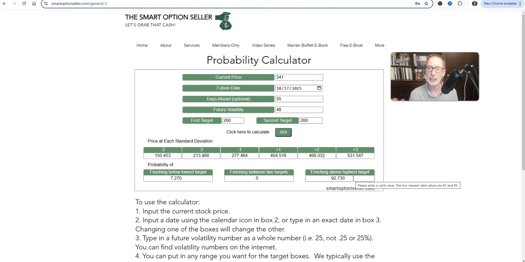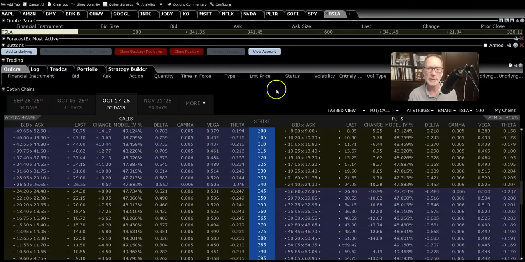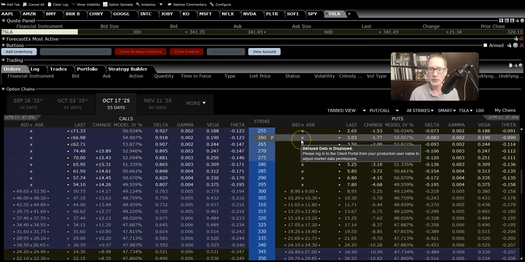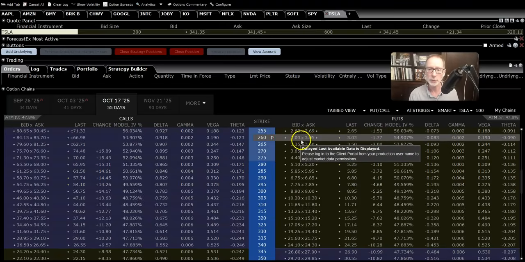You'll just collect your money and move on to the next trade, and you'll sell another put option for a further out month. In the meantime, you'll get the cash. Let's see what those 260s were paying for October in Tesla. The October 260s were paying about $3 per contract. Let's see where it went out. Yep, about $300 you'll get in your pocket